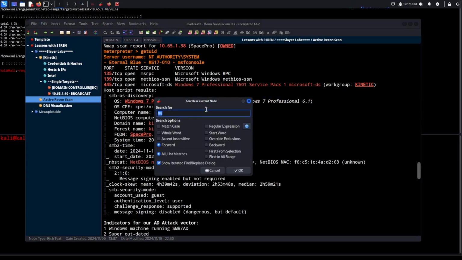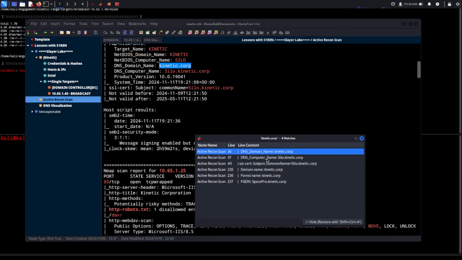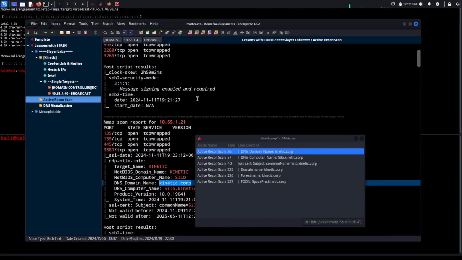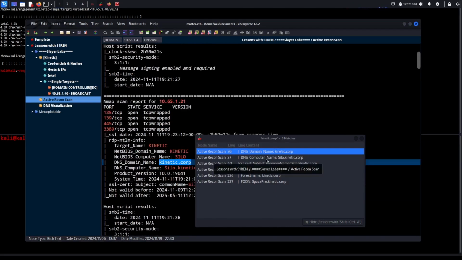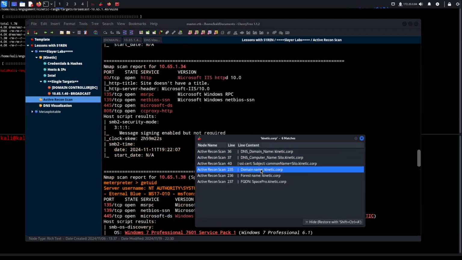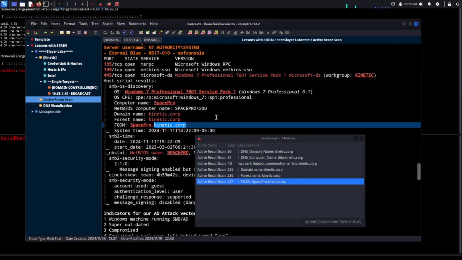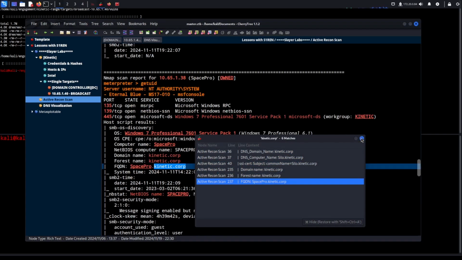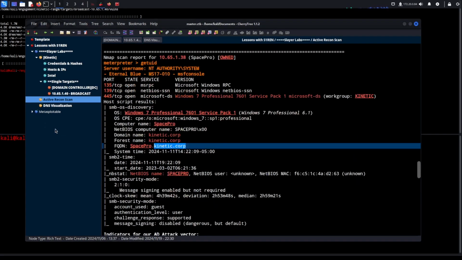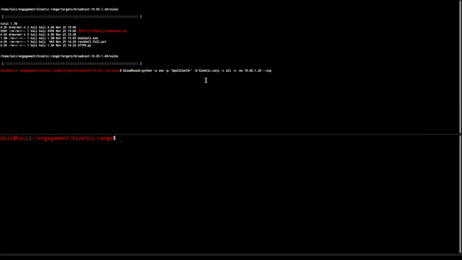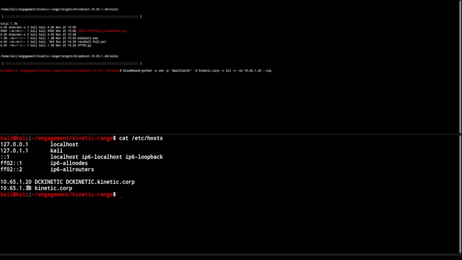So if we search through all of our enumeration for kinetic.corp, we'll see we have that up here, of course, on .21, which we got our successful results on. And we also have that down here with this other machine, .38, Space Pro. So hypothetically, couldn't we just put Space Pro as that .38? This is our Space Pro machine. We could also make that